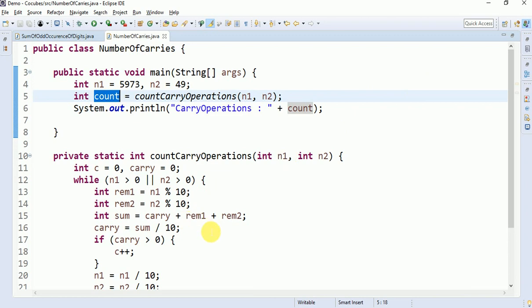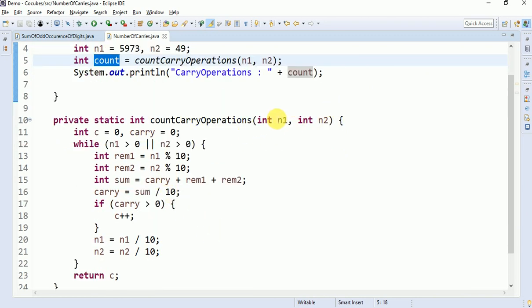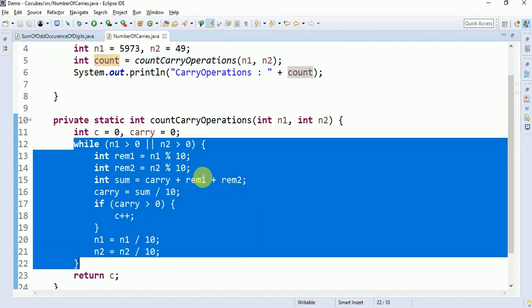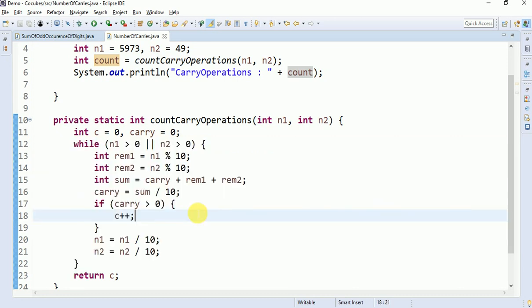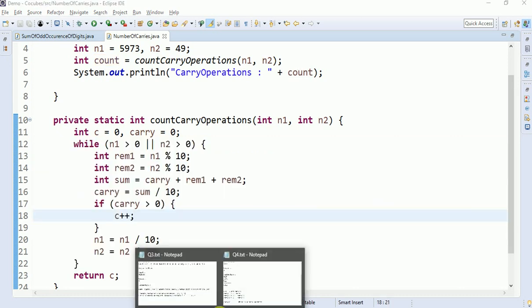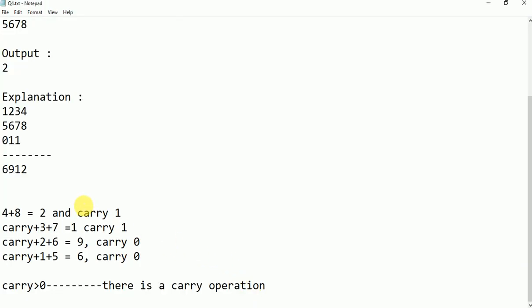So what's the logic written inside? When I pass the two numbers, what am I doing? I have taken a while. So just go to the explanation once. What are we doing in adding of two numbers? We just add the last digit of each number, right?